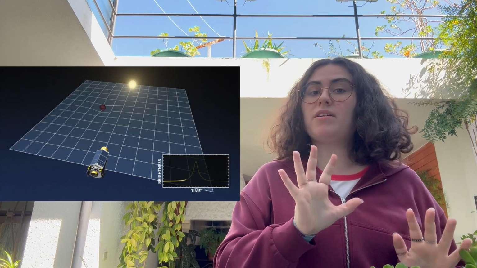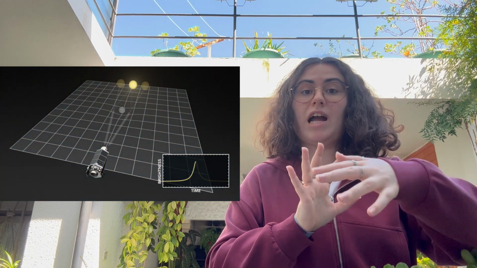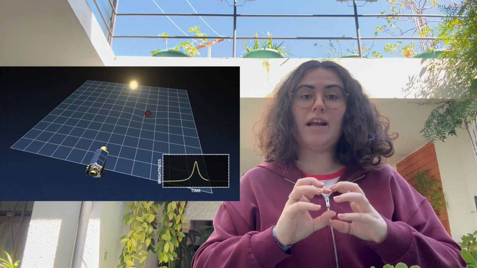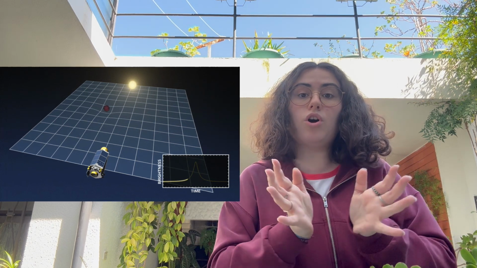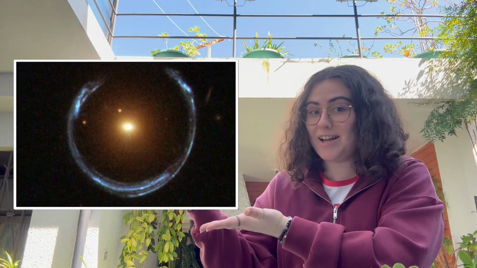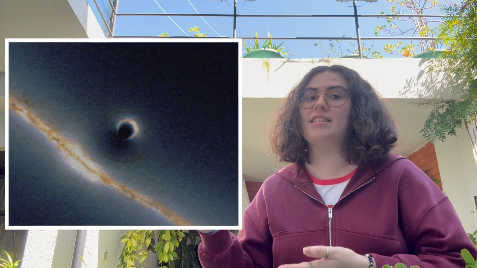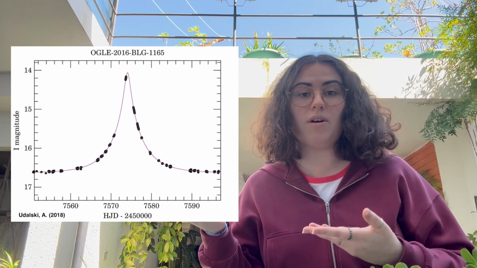Now, if you have a background star and a star traveling in front of it, the traveling star will actually bend space-time, and the light from the background star will curve around it, creating a ring when observing it. Like so. Here you also have the case of a black hole lensing a galaxy. This is what is called microlensing, and the detectable effect is an increase in brightness, or in other words, an increase in magnification.